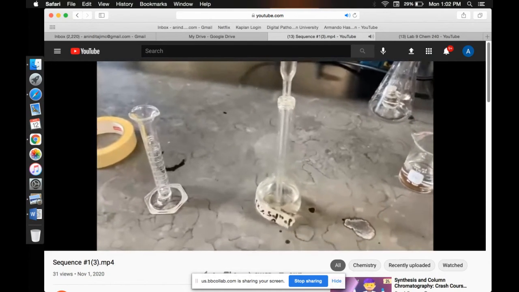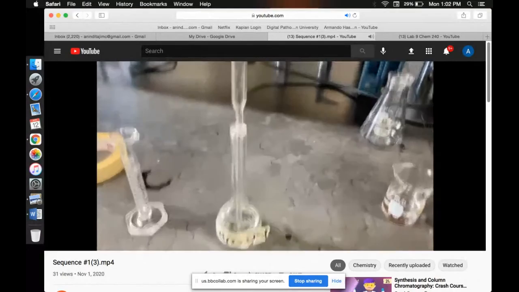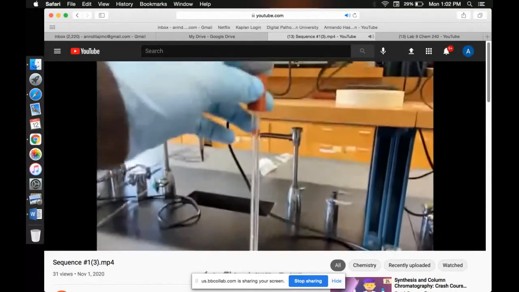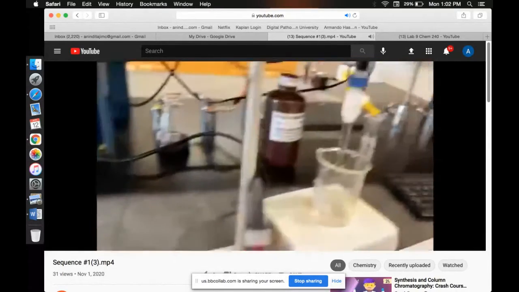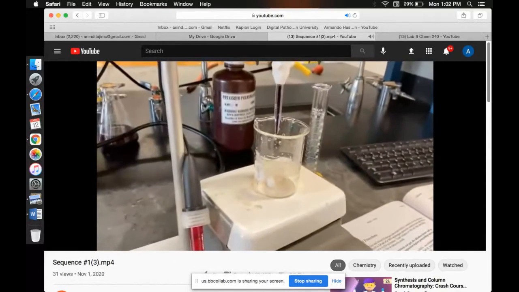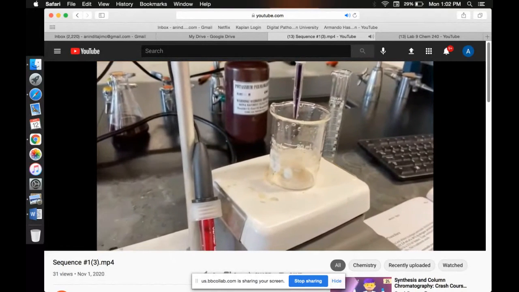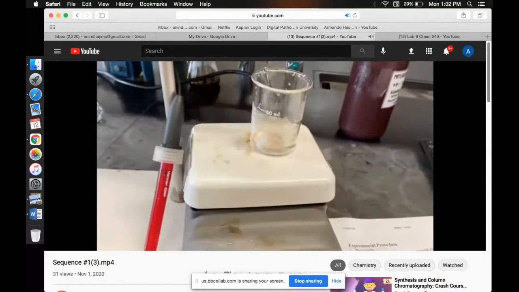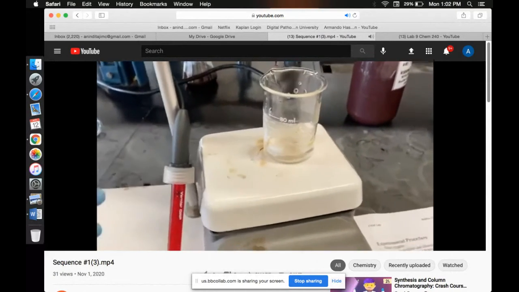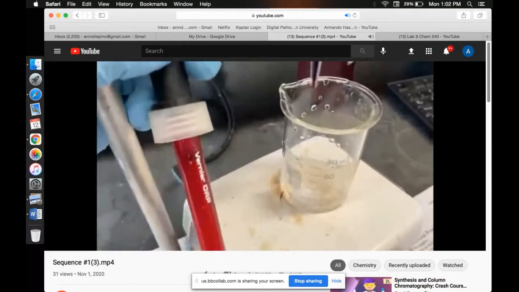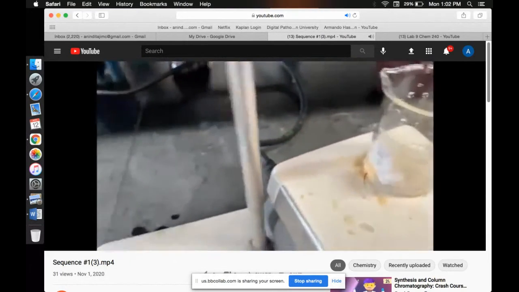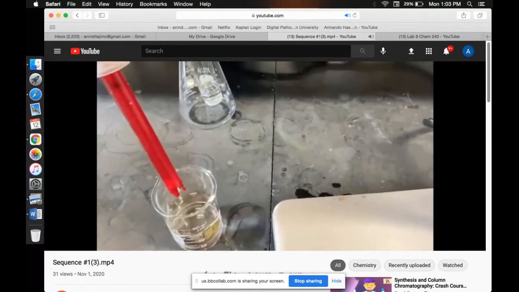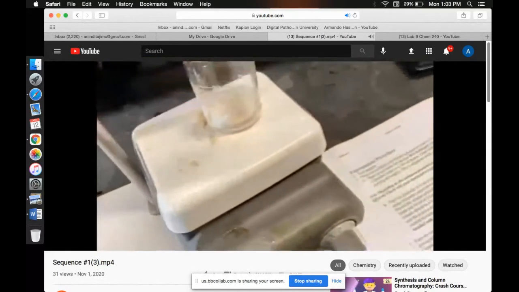So for the titration, I am first going to take 10 ml of B, you can see, with the help of the pipette. Then I will put it in the beaker, which already has a stirring rod. So I have taken 10 ml of B, and this is the oxidation reduction potential, the ORP sensor, and I am going to put it inside.